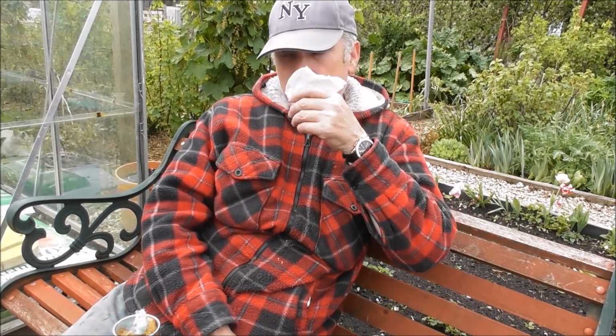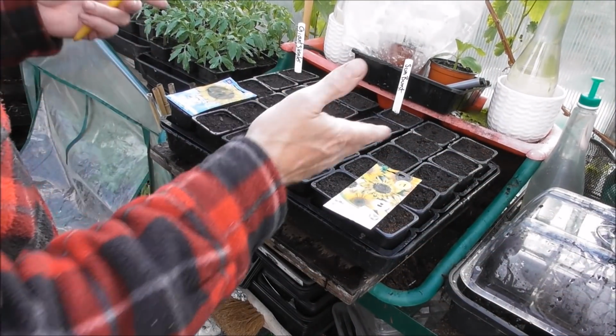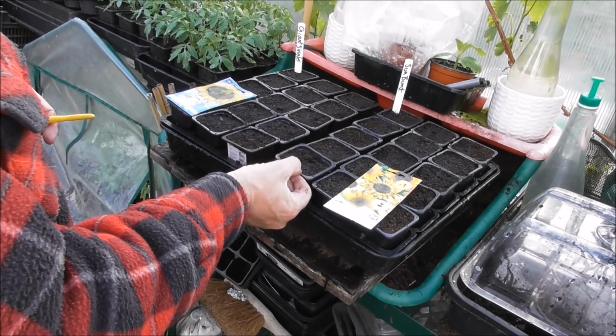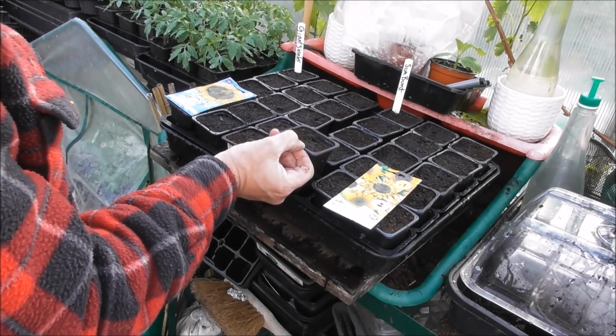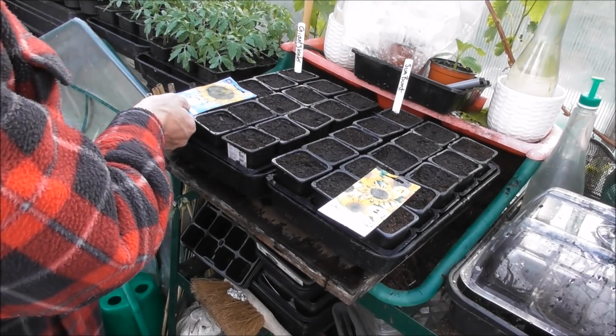So, yeah, we was back in the front greenhouse, and I've been sowing some sunflowers. So, let me show you what we've been sowing. Hi guys, well, as you can see, we've got some sunflowers there, a couple of trays, 15 of these little pots. In each of the pots, we're going to put a sunflower. We're doing 15 sunbursts, and we're doing 15 of these